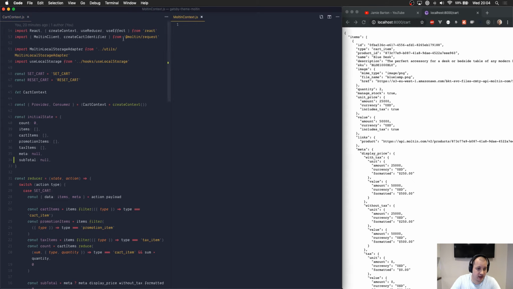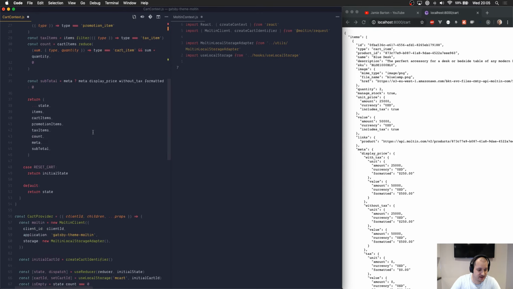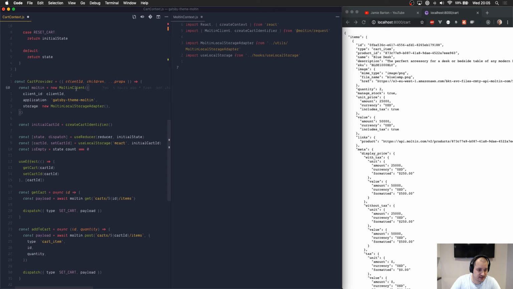So we need to import, I think, let's move this into here. And let's move create context. So we need to create the context, and then we need to create the Molten instance because we're going to share that. So I think we can move these as well. We don't need those in here. Or do we need? Yes, we'll need that as well. That's fine. So let's just try and refactor this a little bit. So this here,